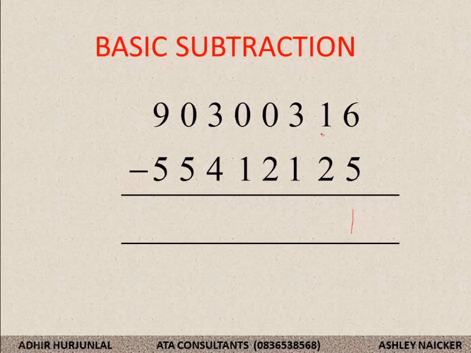And this is where the concept of borrowing comes in. Because I'm dealing with the decimal number system, whenever I borrow, I am going to borrow 10. The base is 10, so I'm going to be borrowing 10. Now the concept here is quite simple. 1 minus 2 I cannot do. So this one,